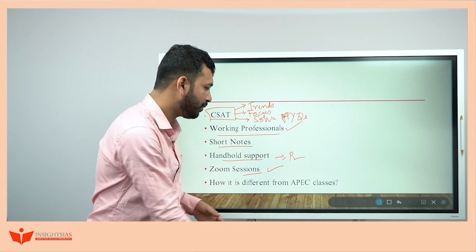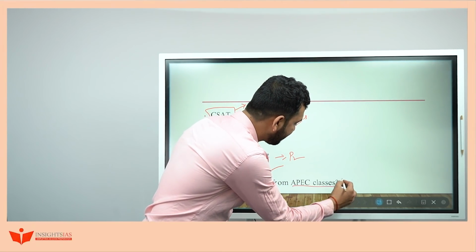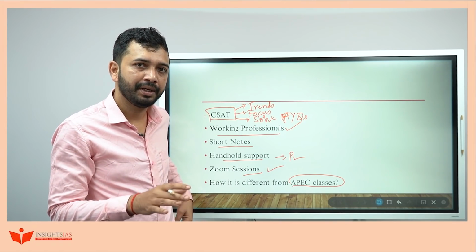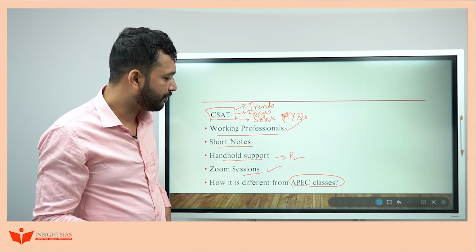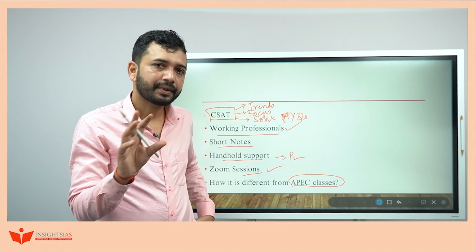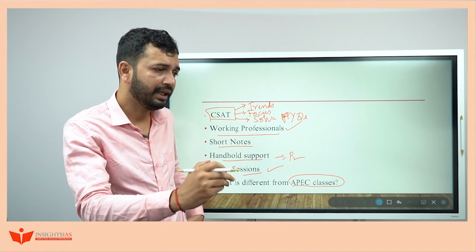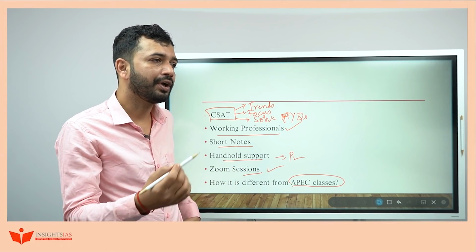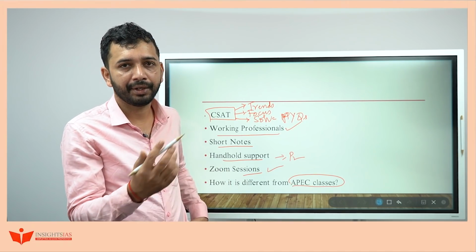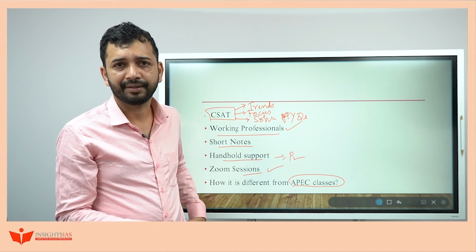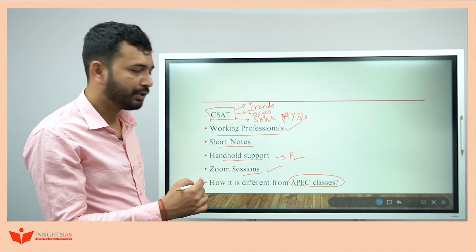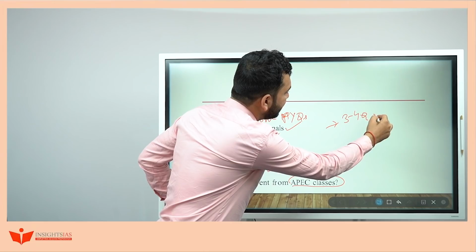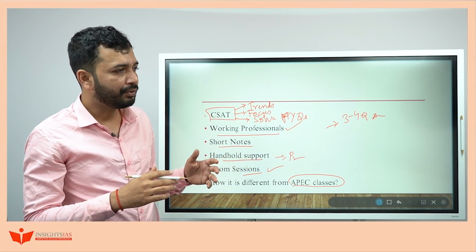In the Zoom session, I talked about how it is different from the APEC courses. In APEC classes we have covered everything from the prelims perspective only, but the difference is that every subject has been dealt with in a little more length and detail. For example, even for art and culture or ancient India and medieval India, there were 4 to 5 classes. But the number of questions that will appear is only 3 to 4 from ancient India. So here there is equal focus.